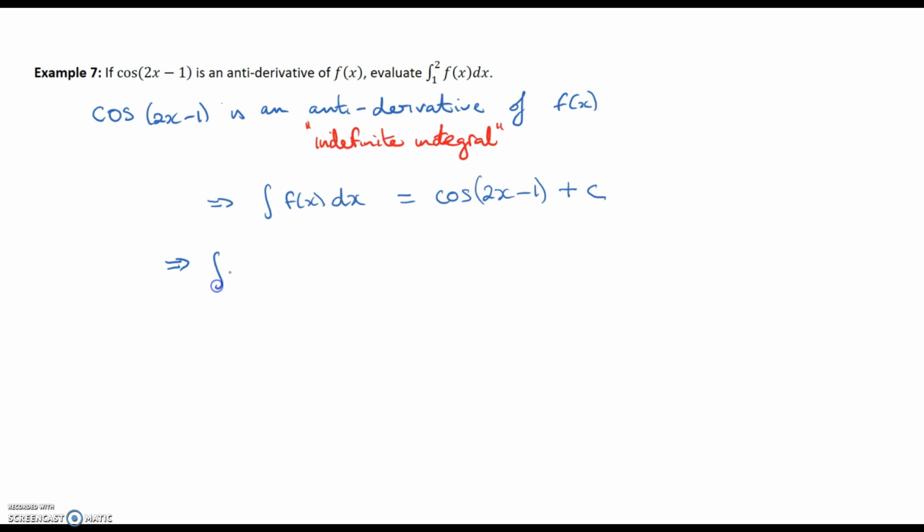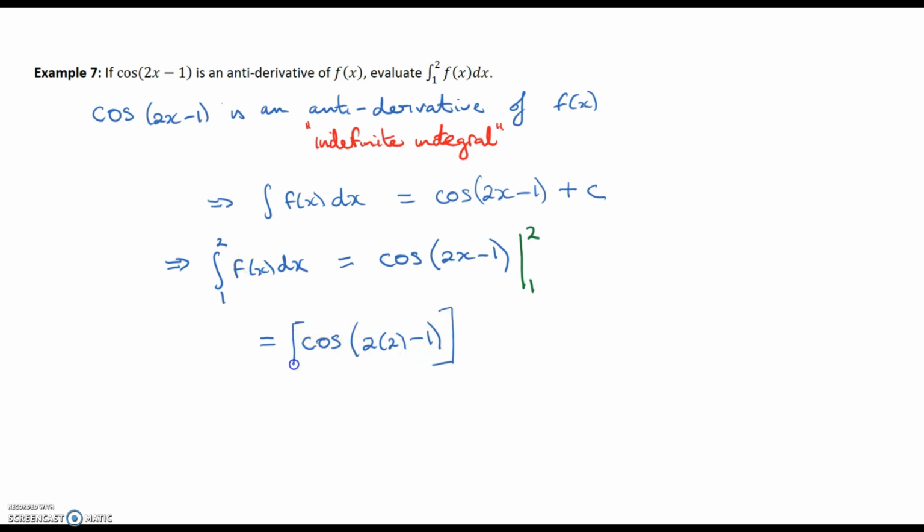So that means the integral of f of x dx from 1 to 2 is equal to the cosine of 2x minus 1, and it's going to be from 1 to 2. Okay? So now we just do what we would have done normally before. We fill in the top limit, so it's going to be the cosine of 2 times 2 minus 1, and we're going to subtract